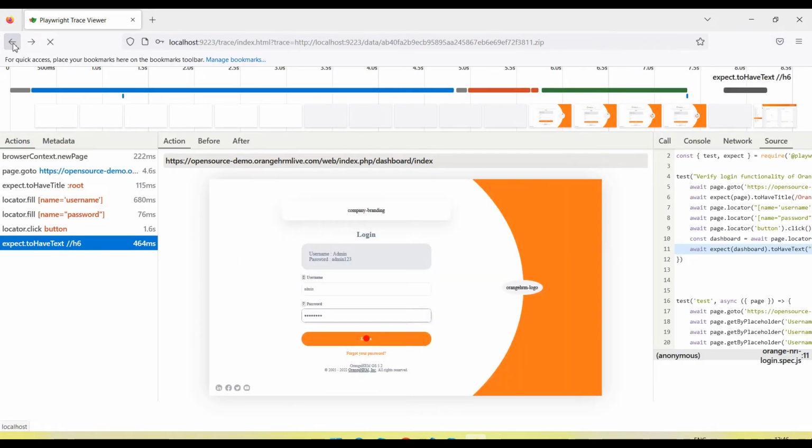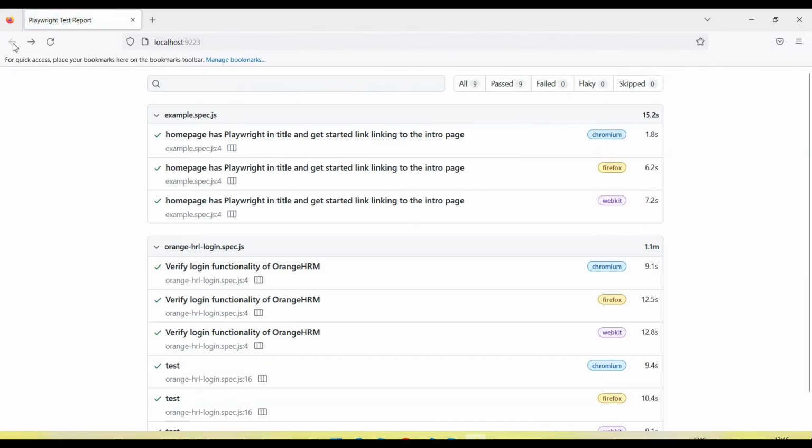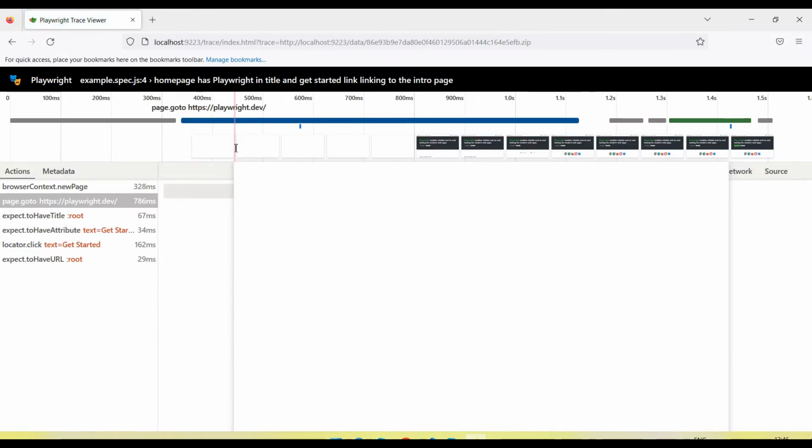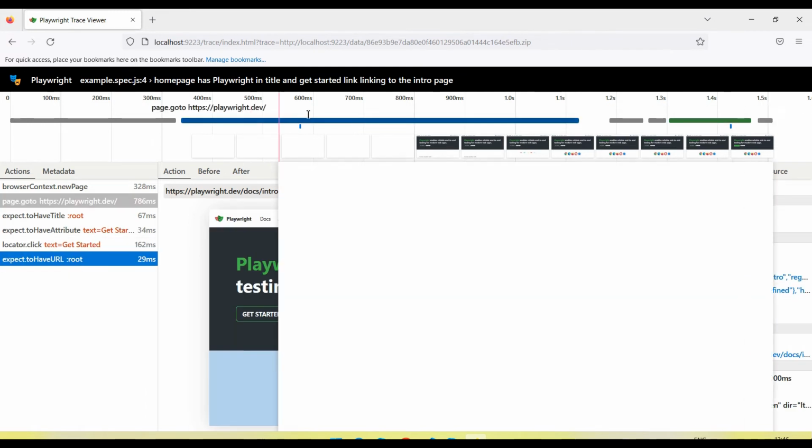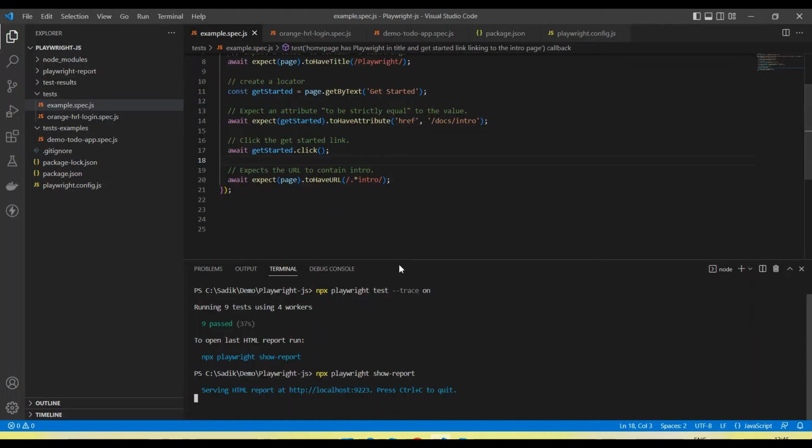So if we go to the other test, let me navigate here, click on the view, and you can see the trace here. So this is a very nice feature. By default it will not capture the trace. Okay, we need to provide the option trace